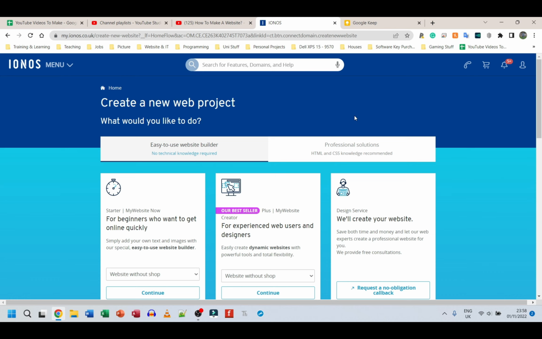So for IONOS users, if you're following along with this, I'm going to move away from where it says easy to use website builder. I'm going to go over to professional solutions. You can use the website builder. I don't think it's necessary to pay anything extra because WordPress is pretty straightforward, again, depending on what you want to do. There are some nuances that you might not know or might not be able to read and understand